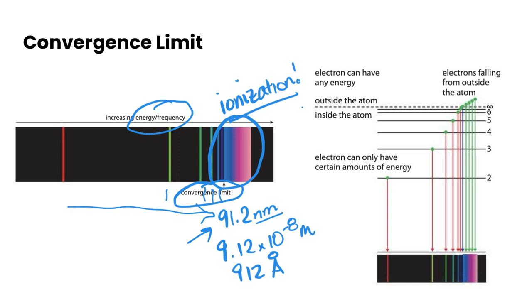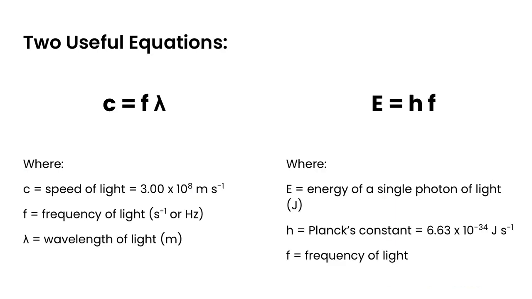Before we do that though and look at those equations, just kind of looking at our energy level diagram here for hydrogen, you can see that at our convergence limit, this is where the electrons are now ionized. So you can see that they're getting closer and closer together up here until it becomes a continuous spectrum. So we need two different equations in order to help us calculate the first ionization energy from the convergence limit